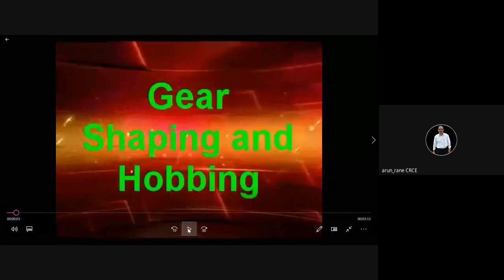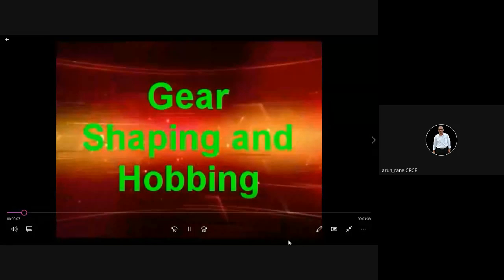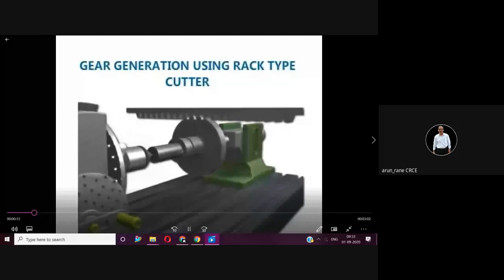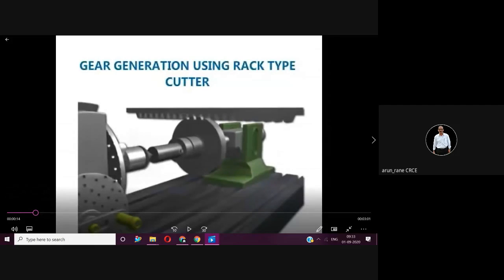So gear shaping and hobbing. This is the principle of gear cutting. Only Upkar was present in the last lecture, but this was not shown because all of you were not present except Upkar. So basically, the principle is